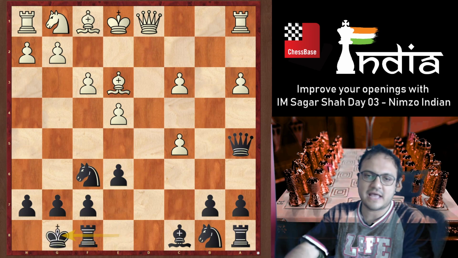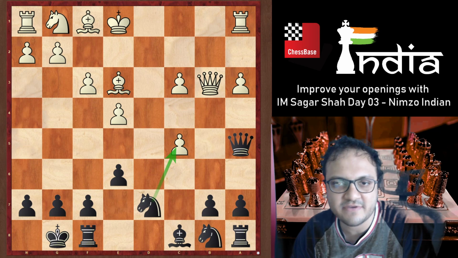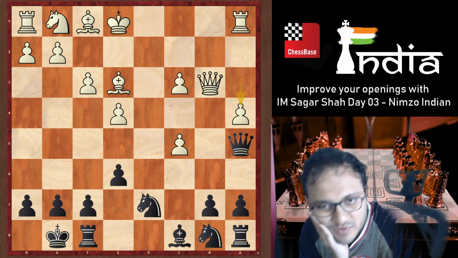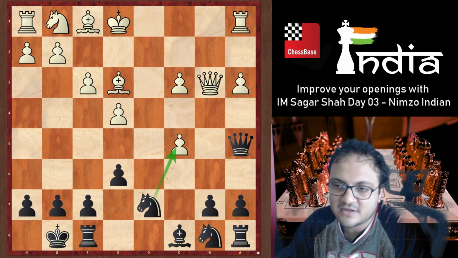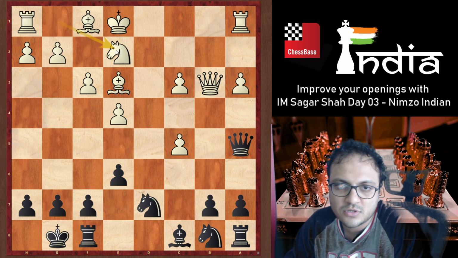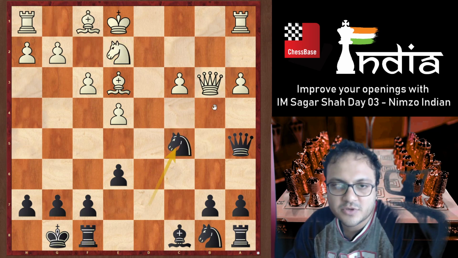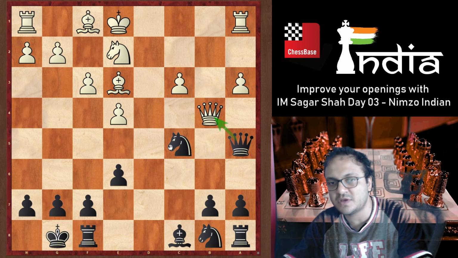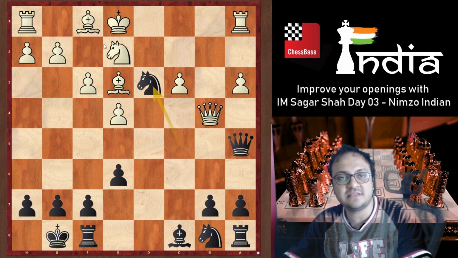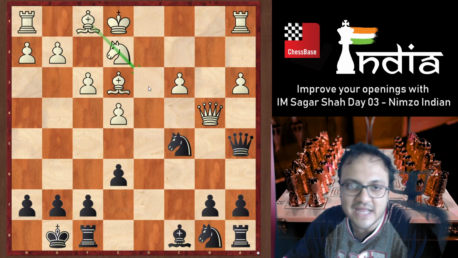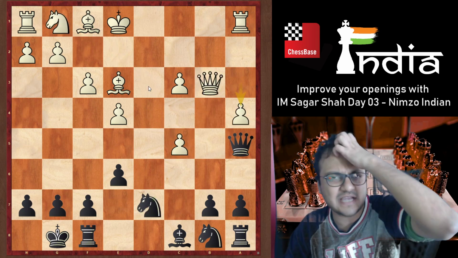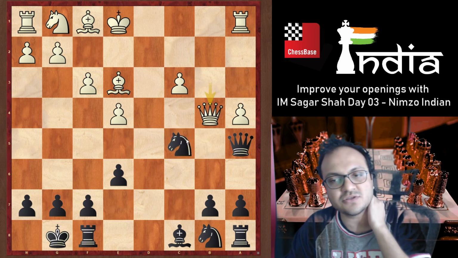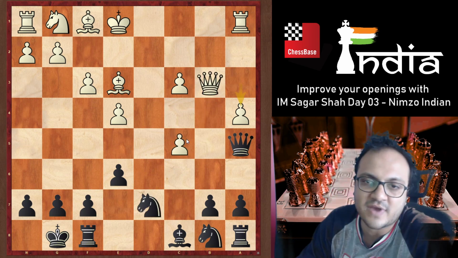bishop e3, castles, queen b3, and now I want to play knight d7. If queen b4, I want to come back. So a4 is a good move, and one of the main reasons is that you can play knight e2, but then knight c5 is strong, because queen b4 is what white wants to play, and in a way he's forcing queen into b4 because there's a double attack here, but there's knight d3 check because the bishop is blocked. So that's the reason why first a4 is just kind of a semi-waiting move, asking white if you are going to take here, which would be a mistake because of queen b4, and white is fine.